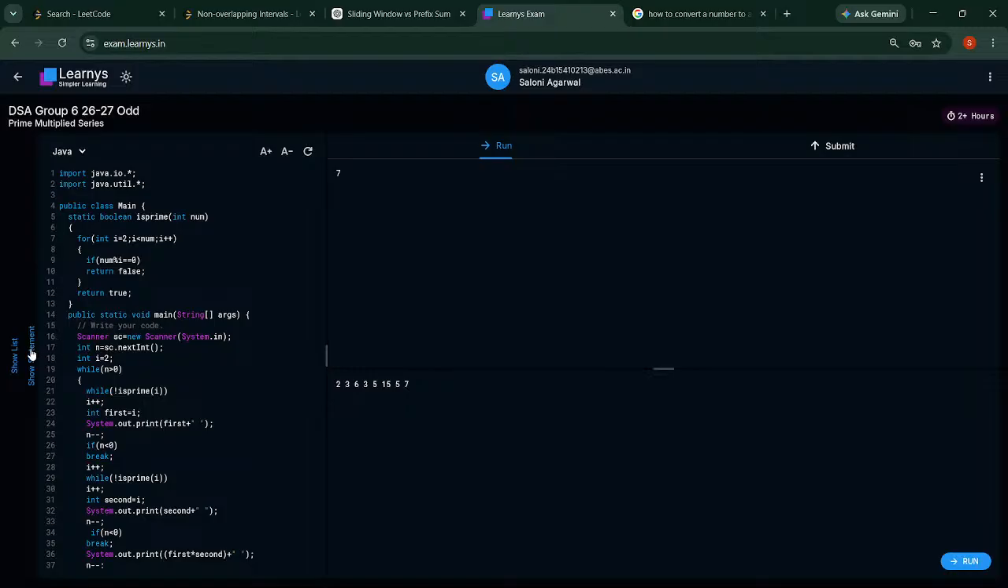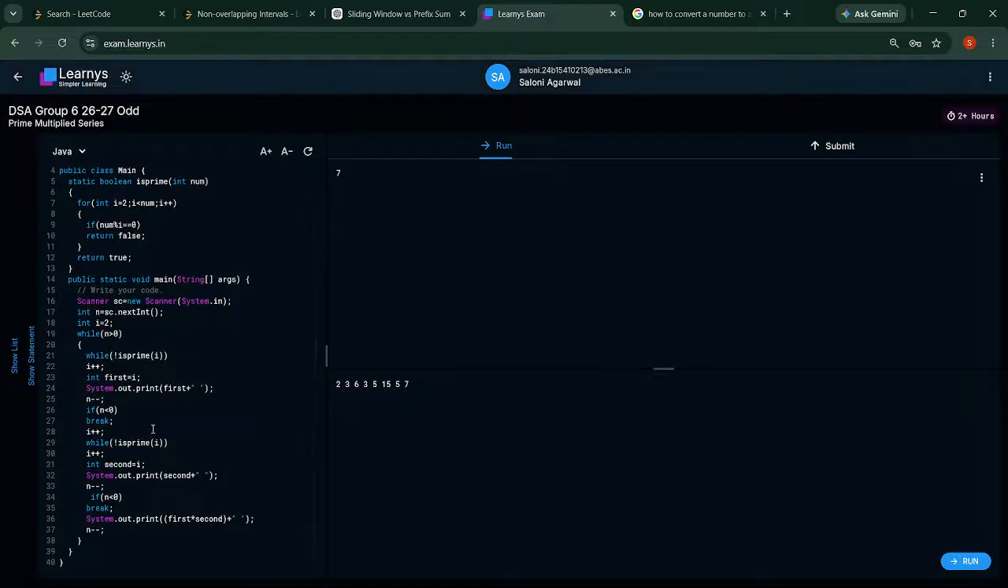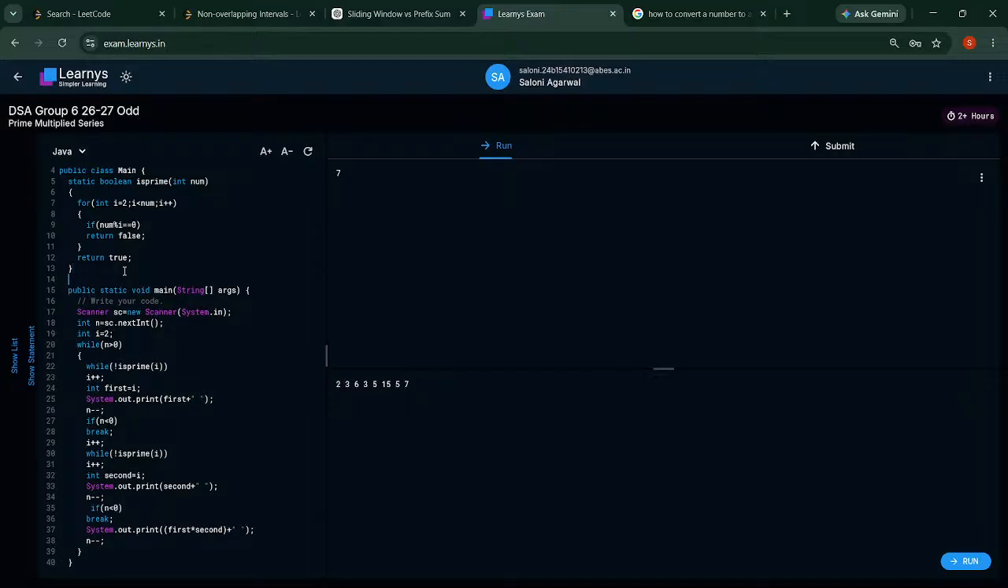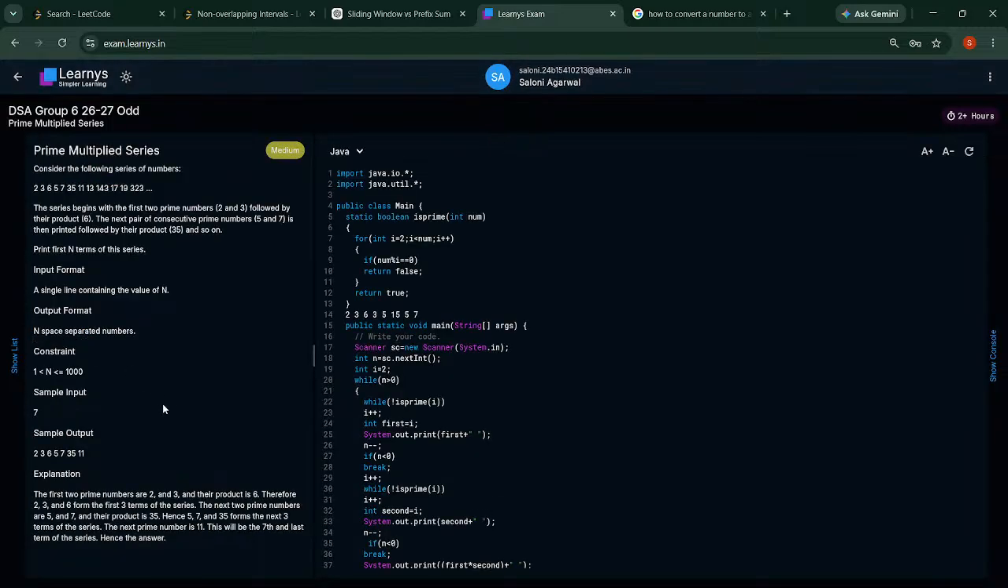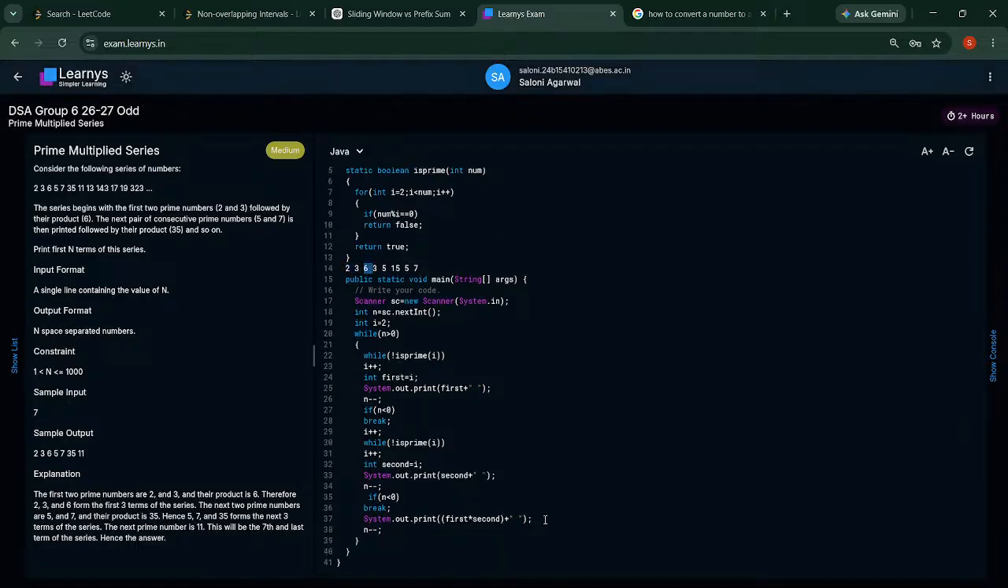2 3 6. Wait, I have to put a 6. कुछ तो मैंने बहुत ज़्यादा गड़बड़ किया है, 6 3 5 15 5 7. What should be the output? 2 3 प्रिंट करा है देन 6 करा है तो अगला प्राइम